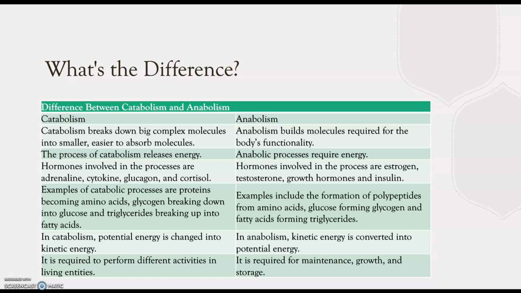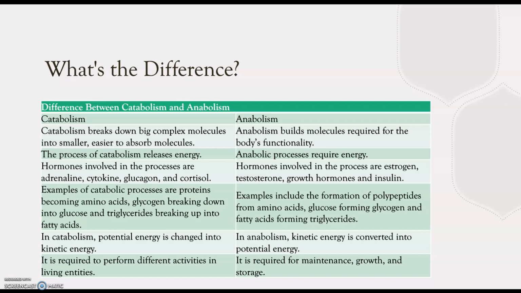Hormones involved in the processes are adrenaline, cytokine, glucagon, and cortisol for catabolic, and then estrogen, testosterone, growth hormones, and insulin for anabolic. And then I just list here a couple of examples, as well as